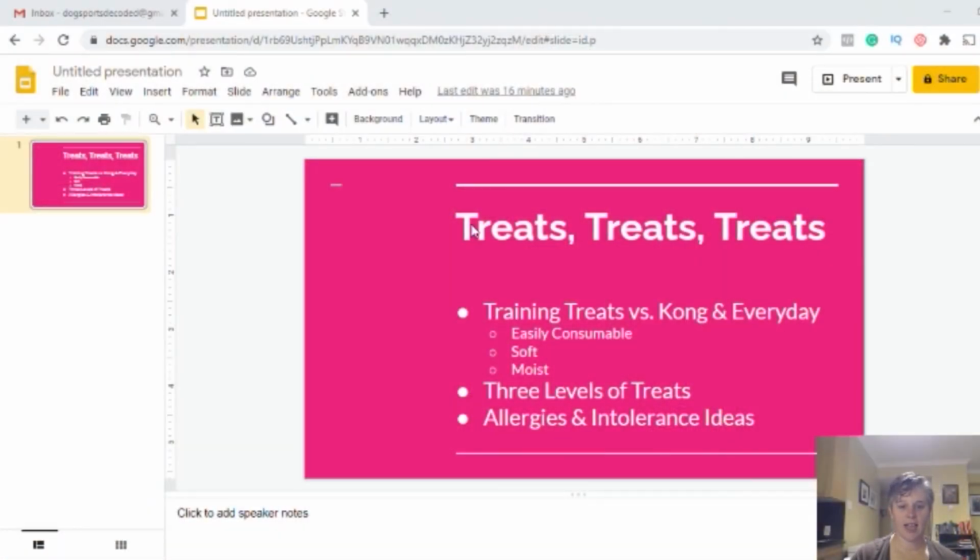So then we get into the average treat, and we've got a bunch of different options there for training. Like I said, my go-to is probably hot dogs. They're very inexpensive, they're soft, and they're moist, so they hit all of those initial targets, which is nice. For my dogs, I bring them to class, I pre-chop them, so I cut them into quarters. I set a hot dog on the cutting board, cut it the long way, then take each half, cut it the long way again, and then chop it into smaller